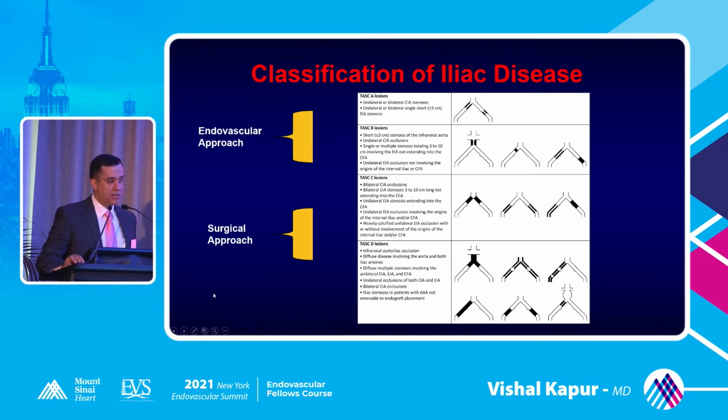approach. So usually you'll see TASC A and B is usually an endovascular approach, while usually C and D are surgical approaches. But with advancements in technology and good collaboration between vascular surgeons and endovascular specialists, we are leaning towards using even the endovascular approach for TASC C and TASC D lesions as well. Of course, in experienced hands, you have great results, or you can end up in trouble as well. So always appreciate the lesion, always appreciate the complexity before you decide on what approach you want to take.